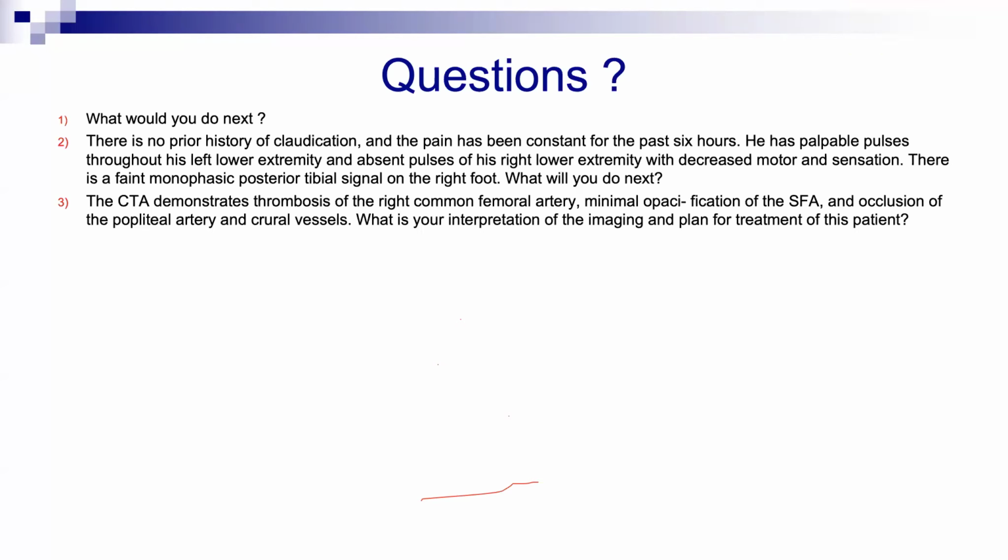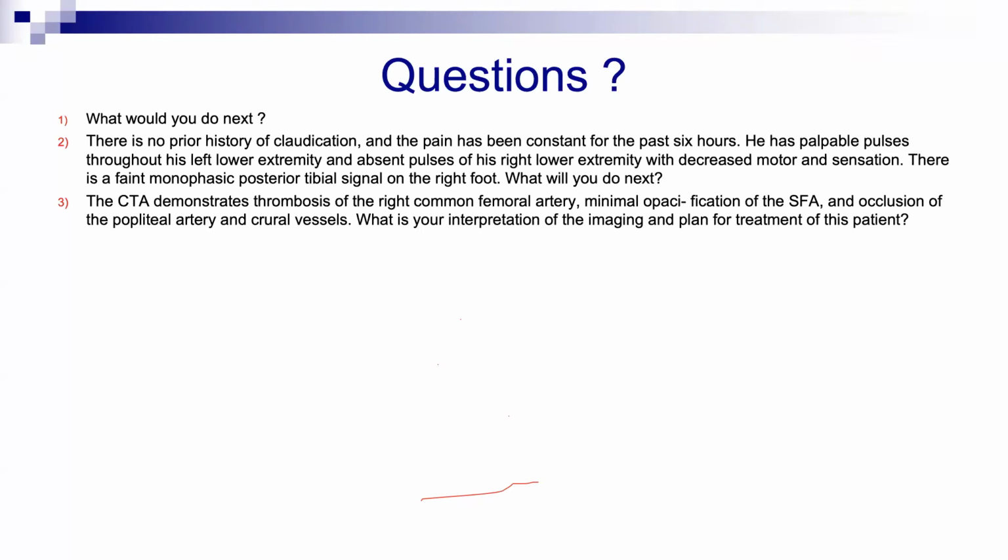If I do the angiogram and I see it's not a successful thrombectomy, then I will open the popliteal, isn't it? No, because it will not be successful. I'm telling you from now, so don't waste your time, because no way you can clean up 3 arteries from above. Unless you have popliteal occlusion, that is okay. If you have popliteal and the crural is open, it is different. But if the crural are thrombosed, no way you can clean it up from above. So you have to open below the knee.